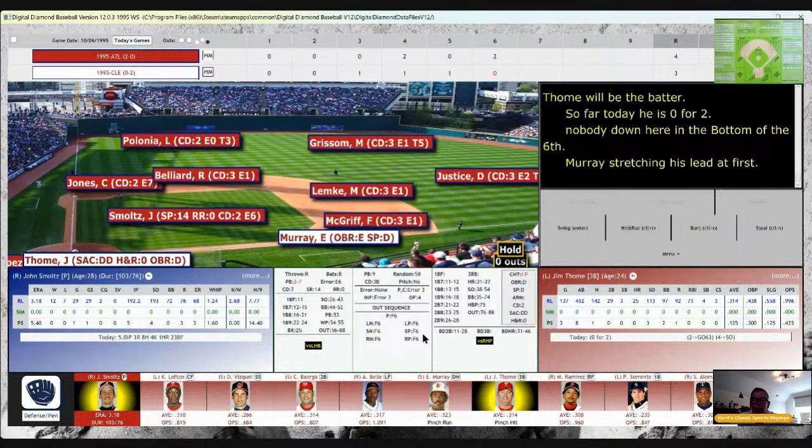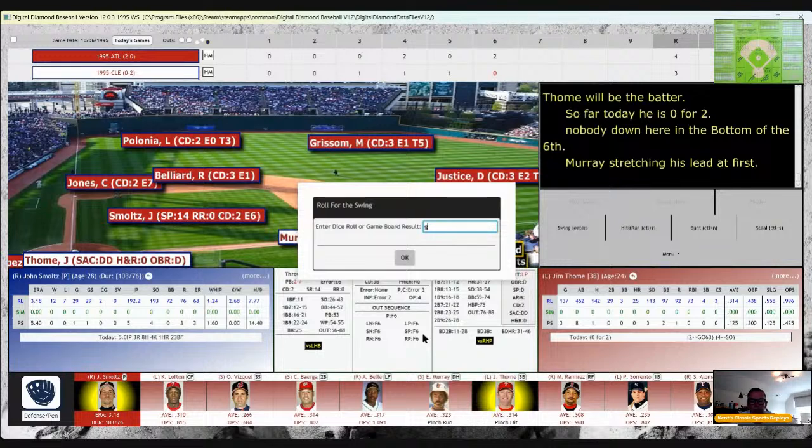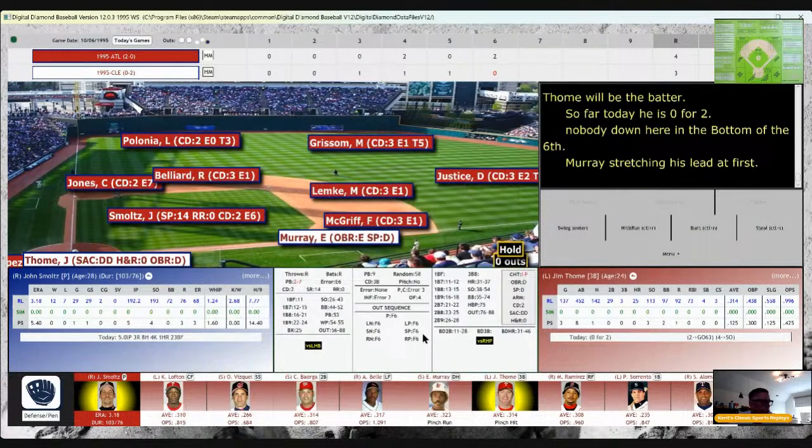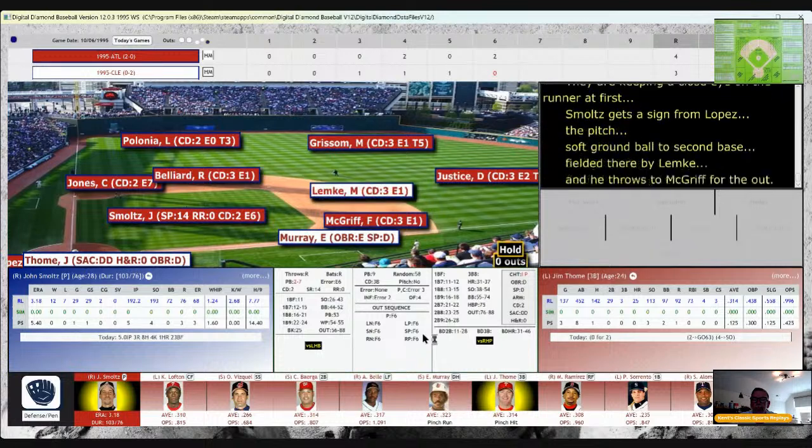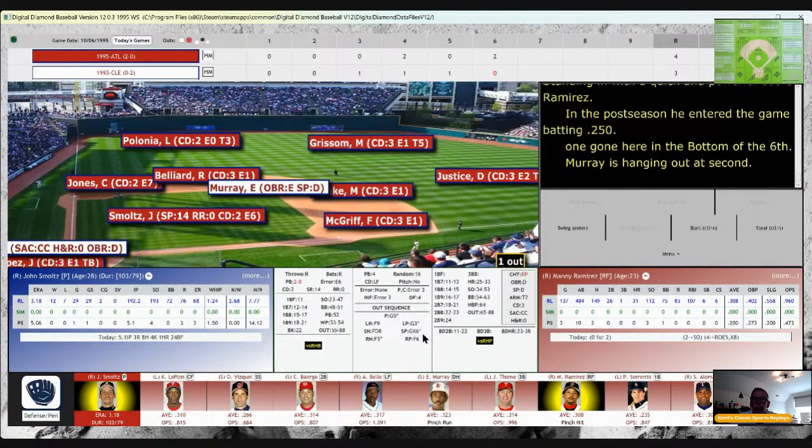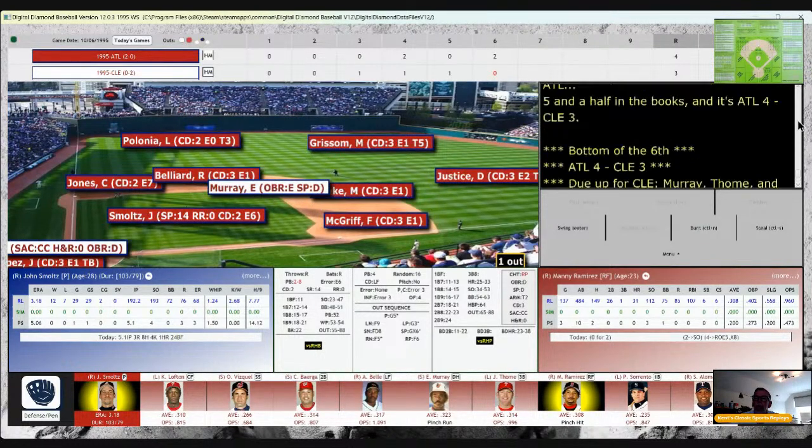So it's a G4A. Hit to Lemke at second. And it's a slow roller that Lemke's only play is to first to get the fielder's choice.